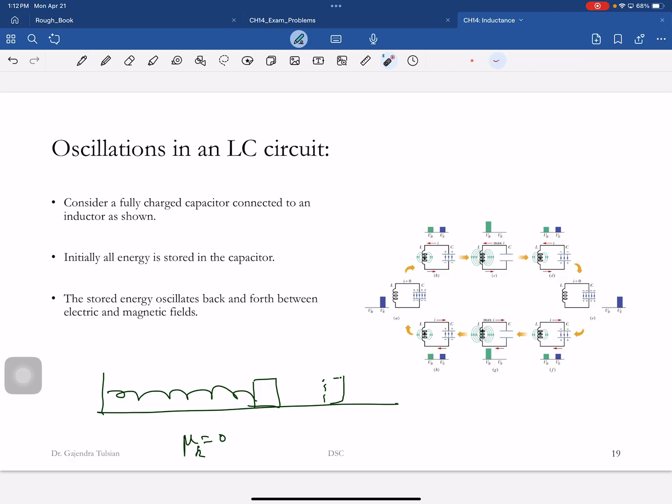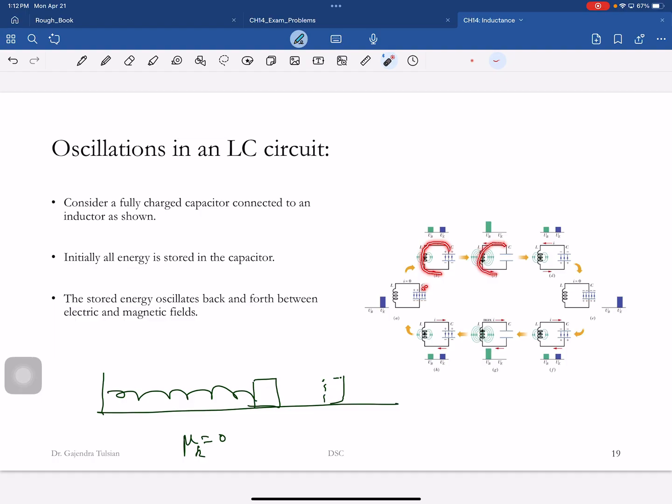So now let me introduce another device. What is this guy? A capacitor. What is this guy? An inductor. All right, so here's what we're going to do. We're going to charge this capacitor and let go. What will happen is this: it's charged like that, it'll drive a current through like this, and